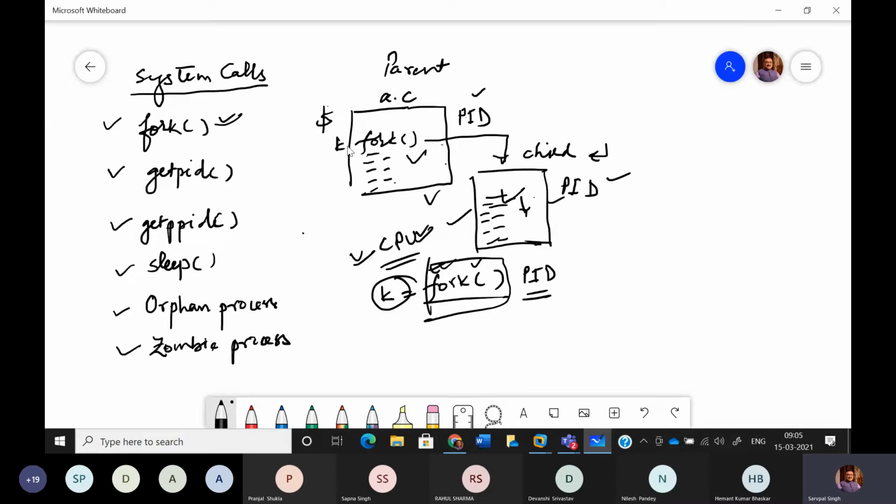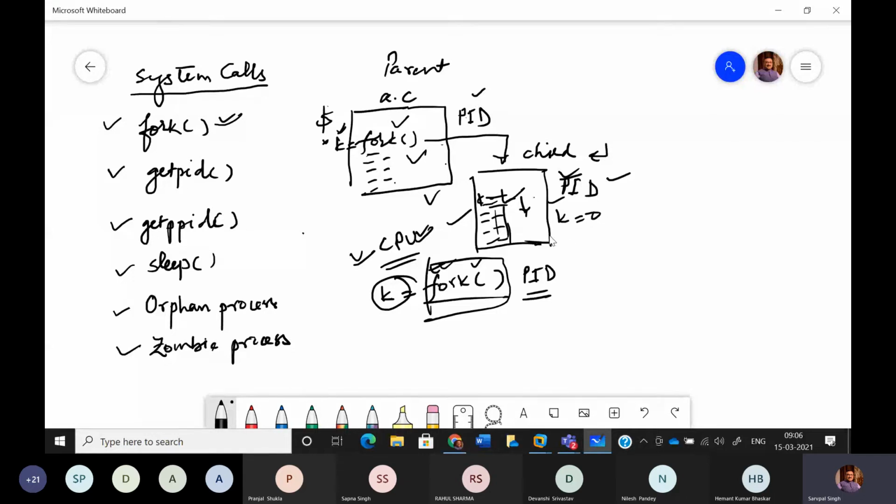So what is happening if we use k is equal to fork in a.c? Upon execution, this creates a child and the PID of this child is returned back to k. Now this variable k holds the PID of the child. This concept is very important because we will see later that it is hugely exploited by the parent, because the parent knows the PID of the child is stored in variable k. The same variable is available in the child also, because after fork the child has the same code as the parent. But here the value of k is equal to 0.